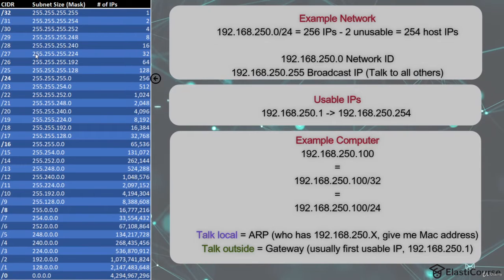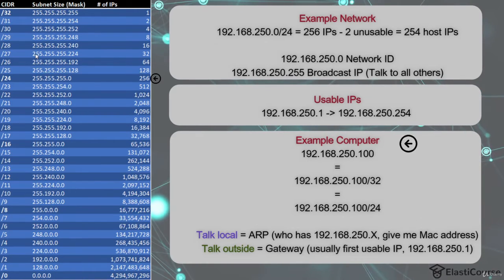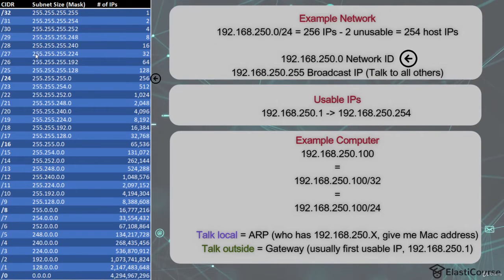192.168.250.0/24. Because this is a /24 network, there are 256 IP addresses. We subtract the two unusable IP addresses, which are the first IP address of the network and the last IP address of the network, and we get 254 host IPs or usable IPs. Now, the first represents the network ID, which is like the title of the network, so it cannot be assigned to a computer, for example, or a router. And the last IP is usually the broadcast IP, which is used to talk to every other computer on this network. So that leaves us with the usable IPs of